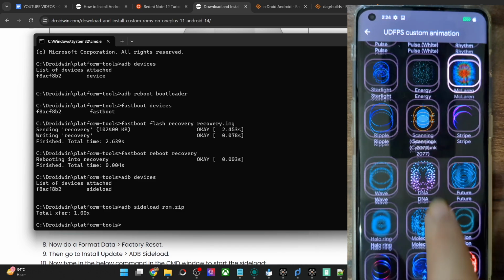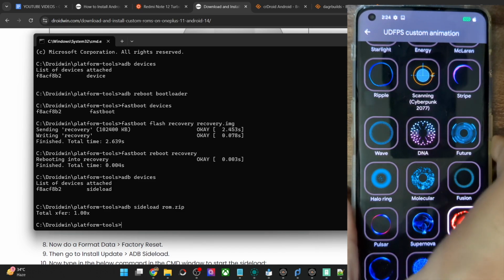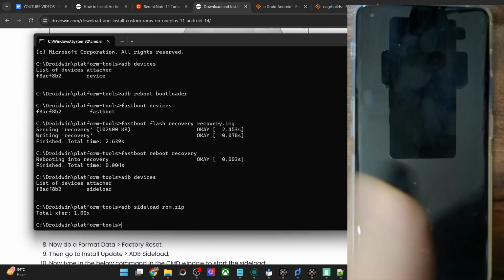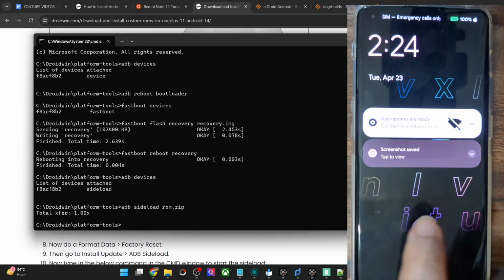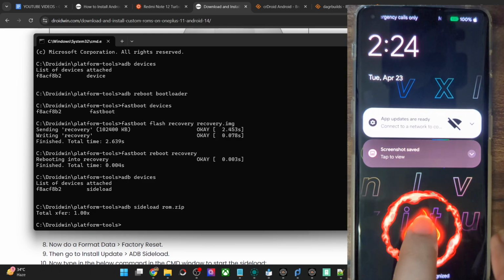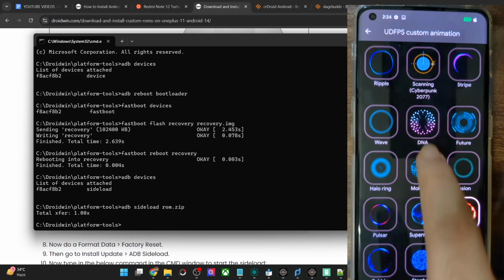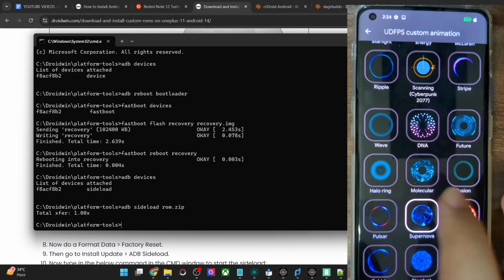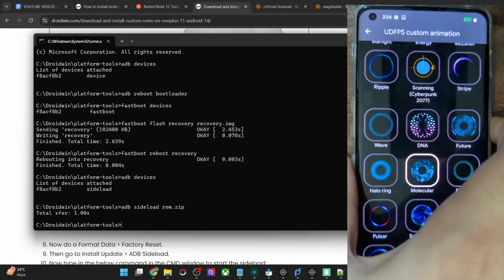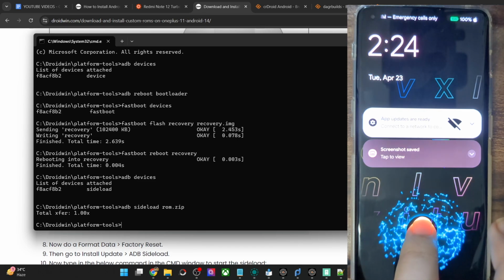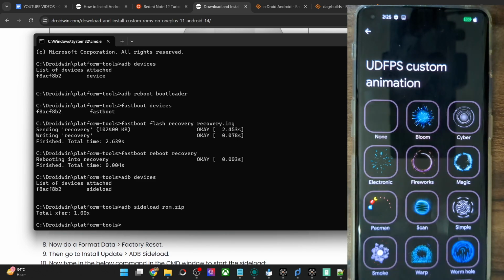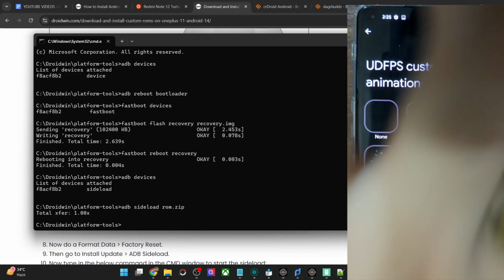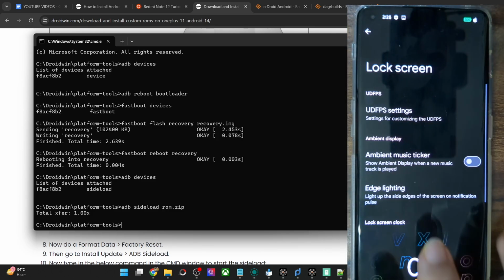And after that, let me go with the Genshin Fire. Sorry about that, and let's check it out. Let me show you once again with an incorrect fingerprint. And as you could see, after that the last one is the super, or let's go with the molecular. All these are quite impressive to say the least. So this is the molecular. I have made a separate shorts video on just this, the various animations which are there in the Evolution X ROM. You may have a look at my short video as well.